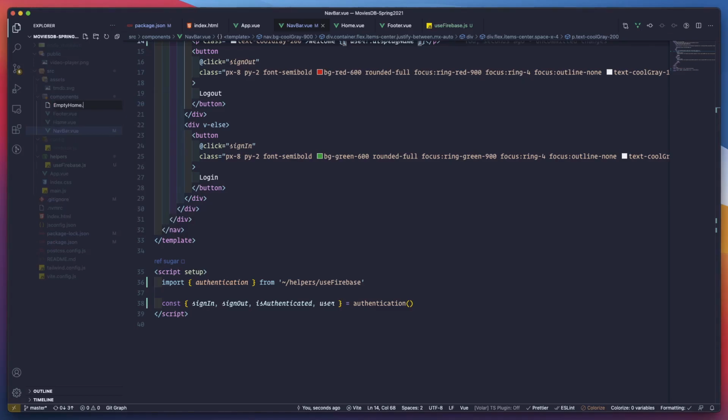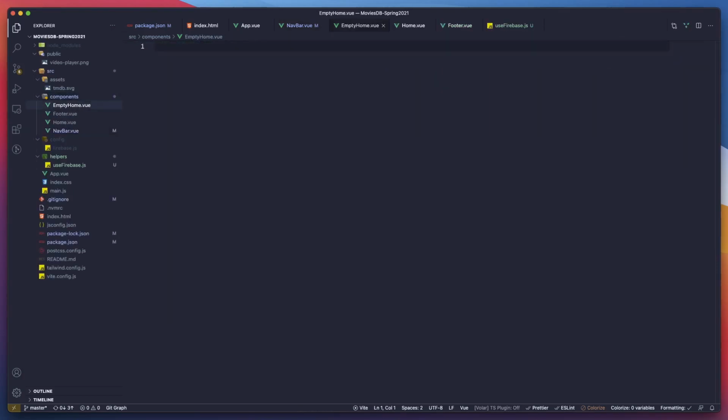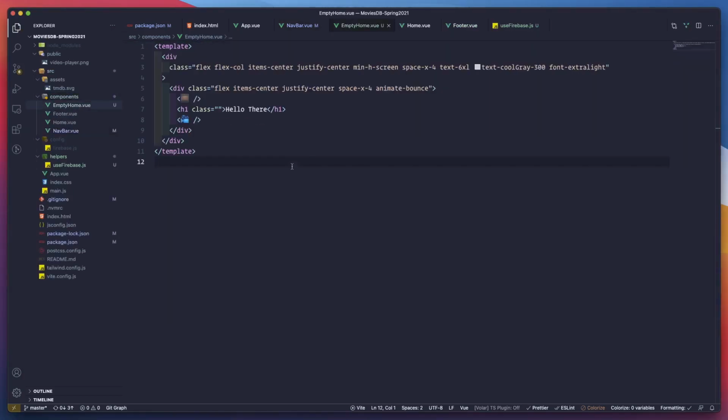Empty home dot view, and that's going to be something really simple. It's a simple hello there with two different icons at the beginning and at the end. That's it, and everything is going to be bouncing. That's everything that I'm doing here. I already handled styling outside that. So saying that, that means that our application.view